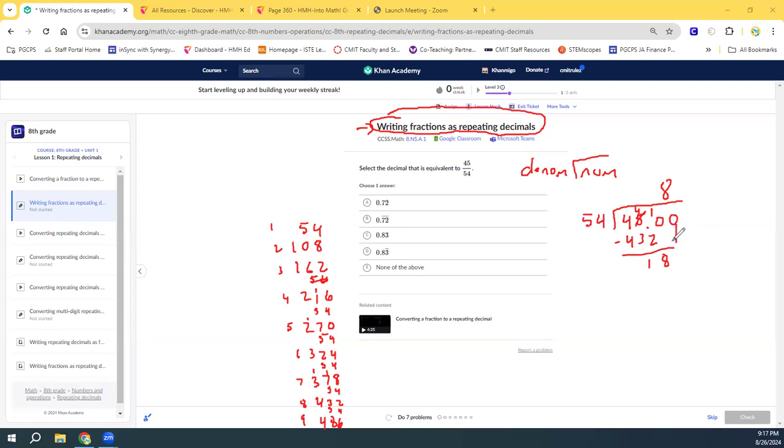So I put a 0 here. How many times does 54 go into 180? That would be 3. So now I multiply, and I already know it's 162 over on my list there. And now I'm going to subtract. That's 8. Borrow. So 18 again. Bring down a 0 again. There's going to be 3 again. And I'm noticing the pattern is 8 is